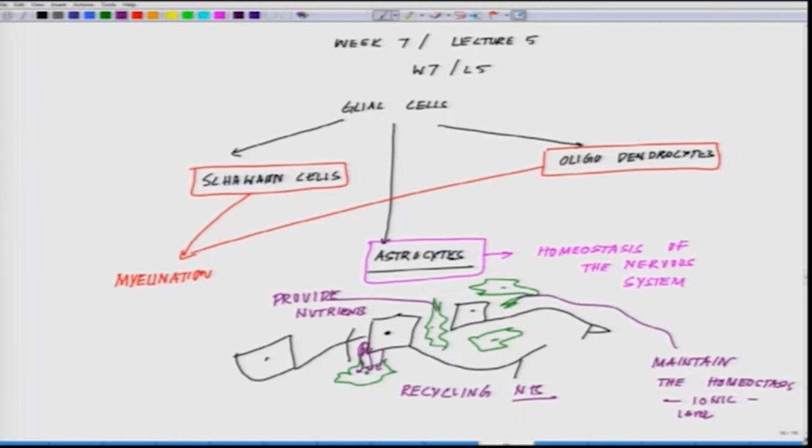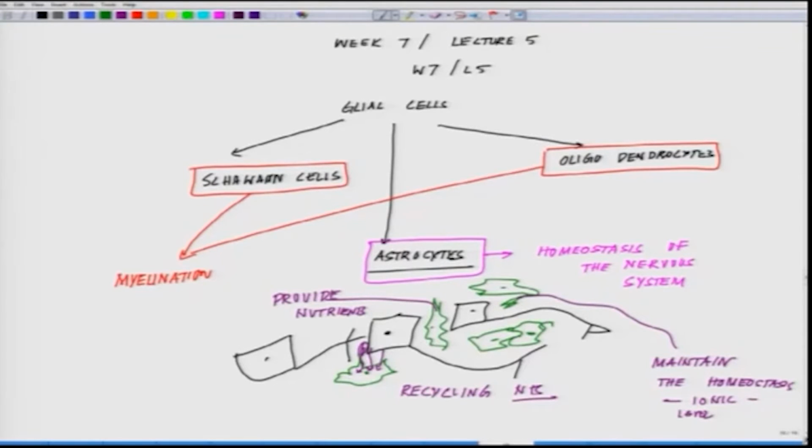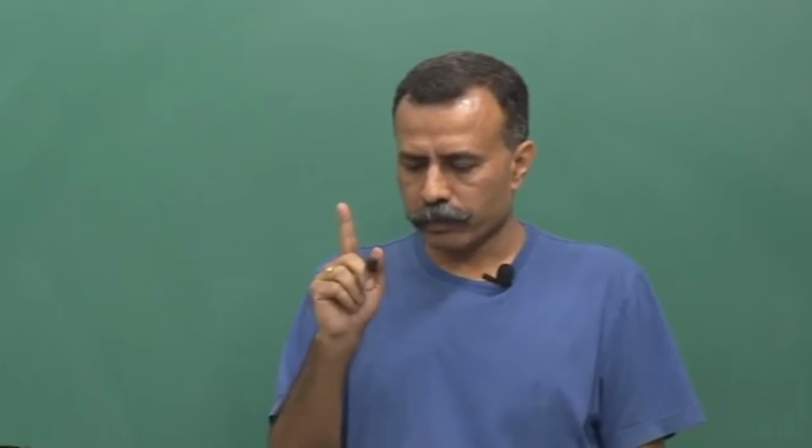And many times because of their pathologies, these cells divide in an uncontrolled manner and could lead to the formation of tumors. These cells are electrically active, they shoot certain electrical currents, but